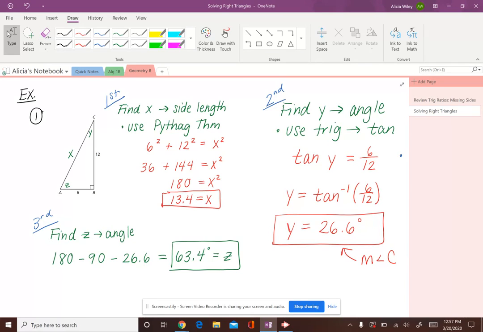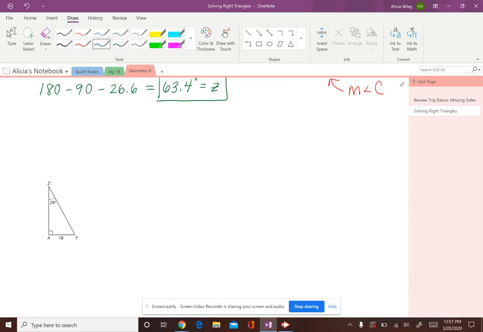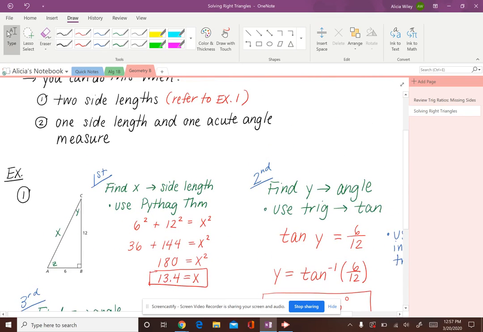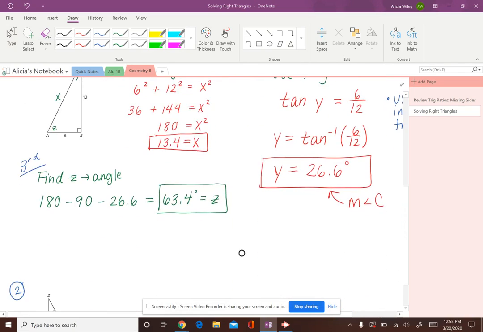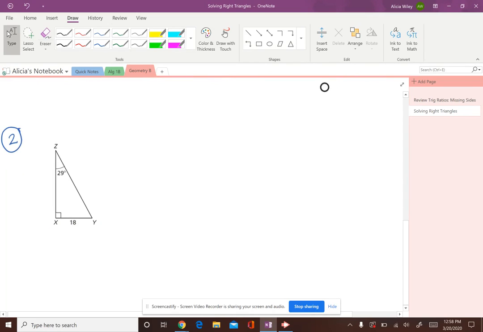All right, so let's look at another example. So this is example 2. Let's look at another example here. In example 2, we are dealing with option number 2. So let's look at option number 2. One side length and one acute angle measure given. Okay, so if I know one side length and one angle measure,